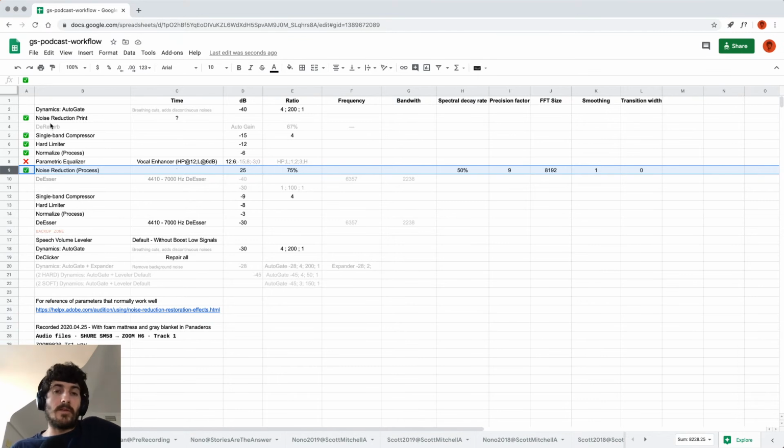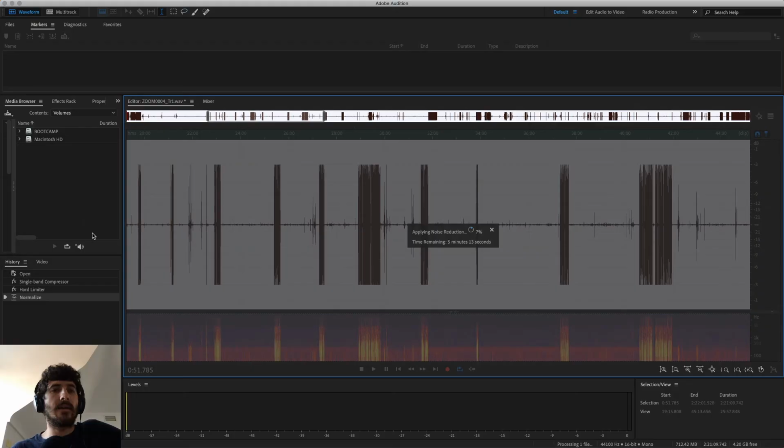The sound will probably be a bit different, but I don't think we're going to know the quality. So I'm going to apply the de-esser afterwards, and I'm going to apply the autogate that we were playing with before. And let's see how the noise reduction filter affects the